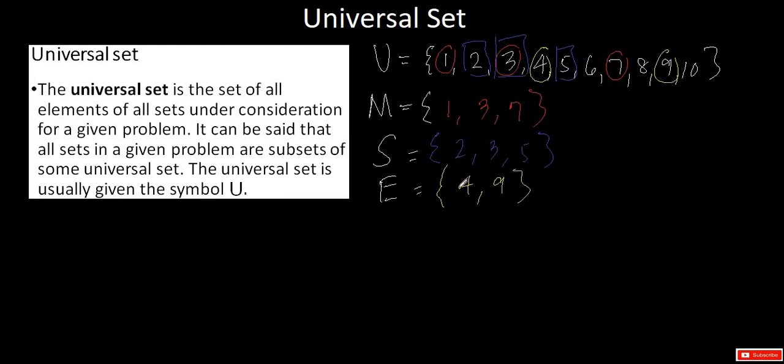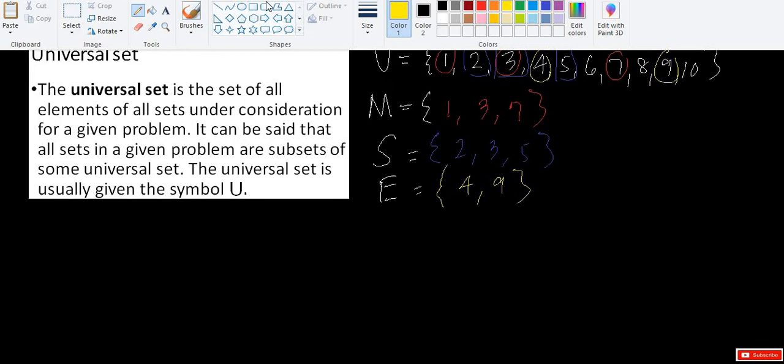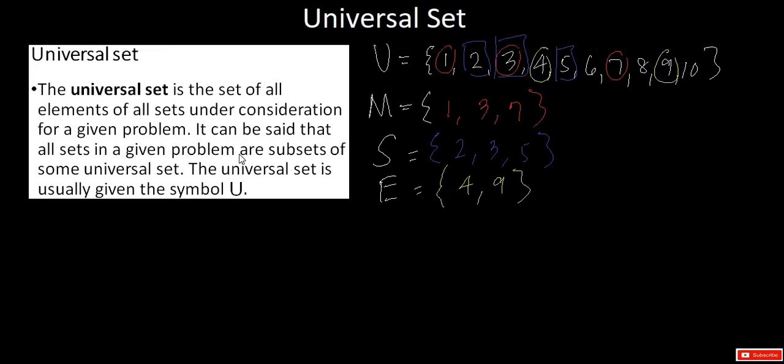Okay, now let's have another example. Suppose, for example, we have set A be the set of grade 7 students in Maasin City National High School. And suppose these students are student A, B, C, and D. And we have another set which is the set of grade 8 students in Maasin City National High School, for example.